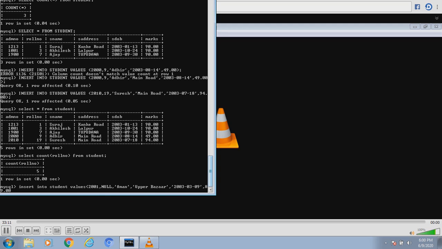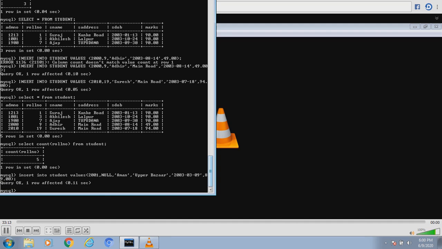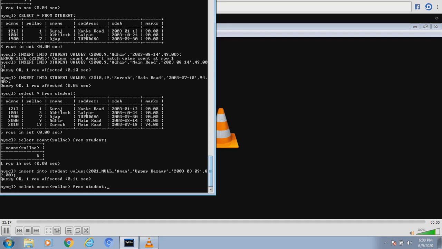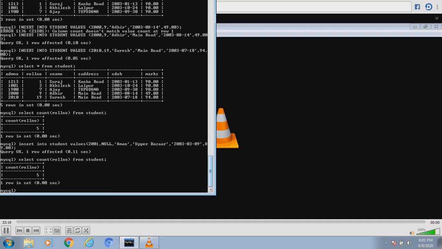So if I use now the select command here and we say count roll number, see, even if we have 6 records, but we have only 5 roll numbers given to the students. So do you understand the difference of count star and count roll number? If in roll number there would be a null, it would not be counted. But record for that given student, the whole record would be counted.